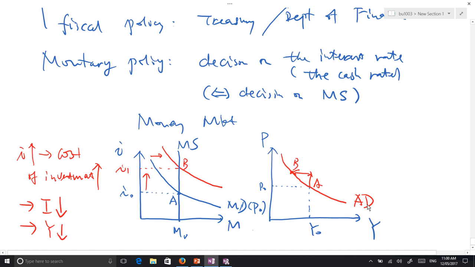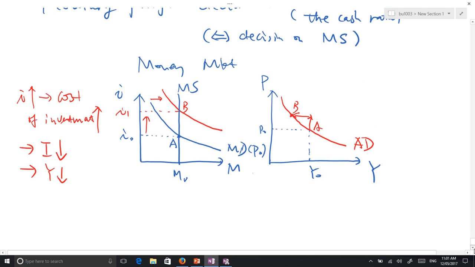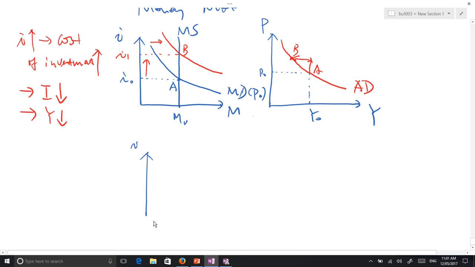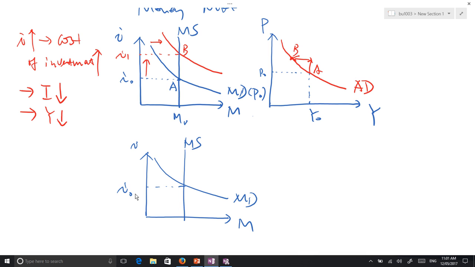Alright, so let's look at the money market and its relationship with the aggregate demand. Let me withdraw this money market. Okay, suppose now the Reserve Bank, the RBA, wants to cut the interest rate. So in order to push this equilibrium interest rate downward, the RBA needs to shift